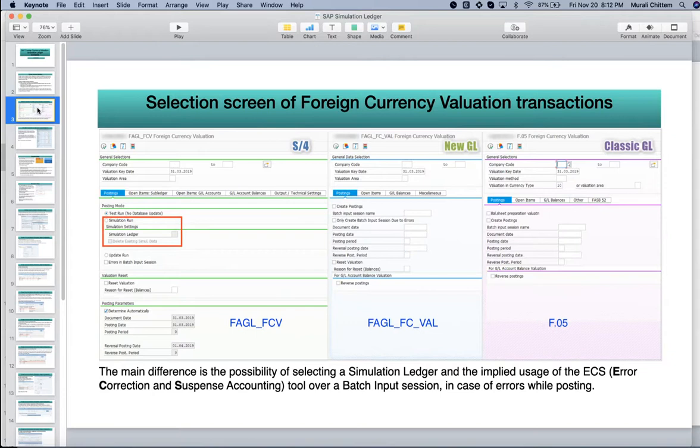The second one is delete existing simulation data. We are going to simulate this and see how it behaves and how it updates in the database tables. Except this, there are no more changes in this transaction.